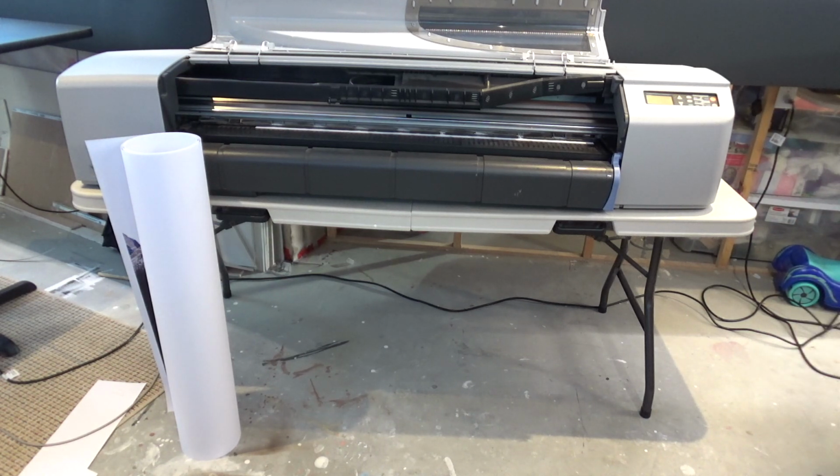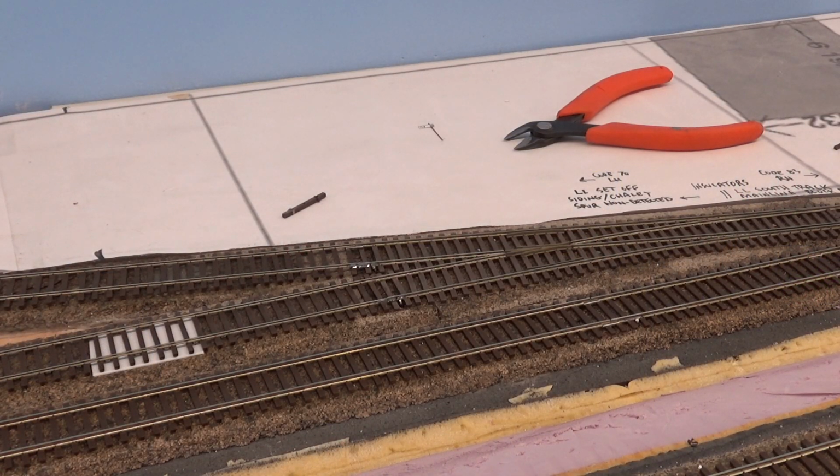I did a little bit of maintenance. I'll show you here quick. As I was painting track, I came across some errors in my track laying, and I'll show you what we did to fix that. So as I was prepping everything for airbrush and track last month,